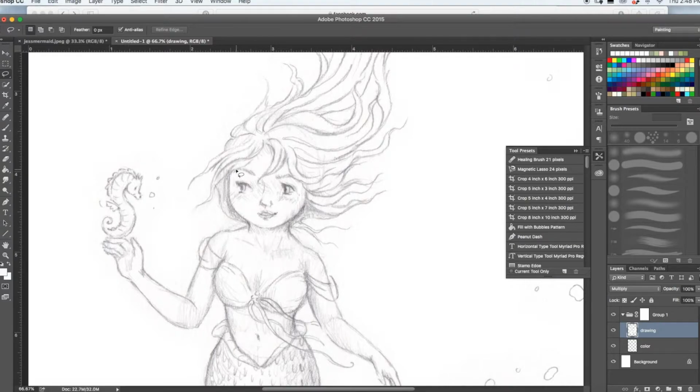What I might do is just, thinking about the way that my face looks, this is not quite as wide as my own face, so there we go. That's better. Yes, okay. Perfect. So I know it left this mark here, but that doesn't matter. When we color it, it's all going to get